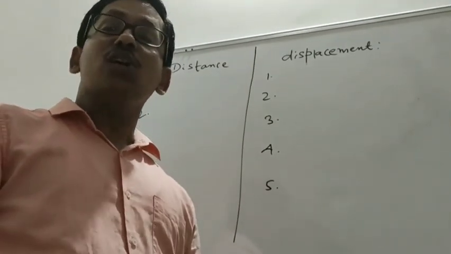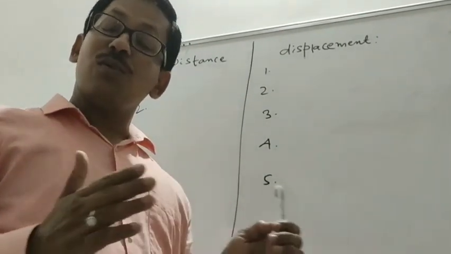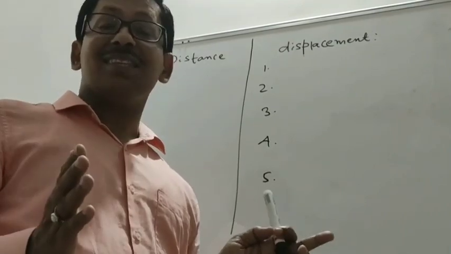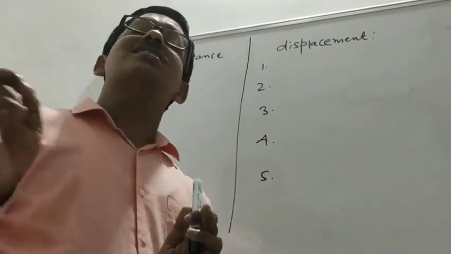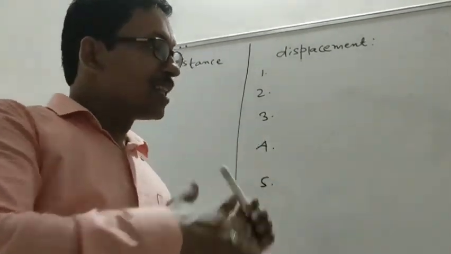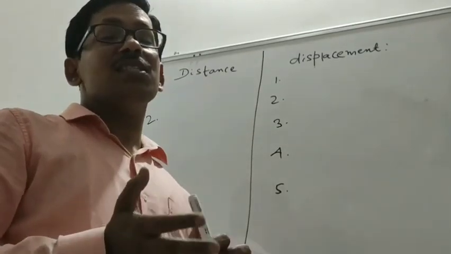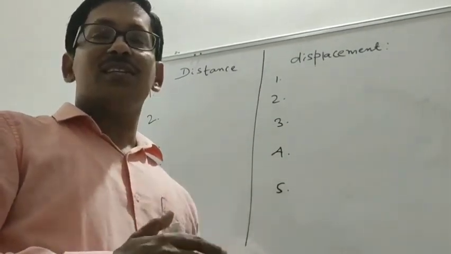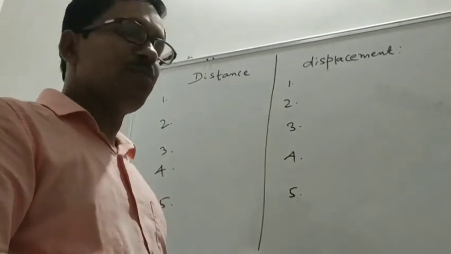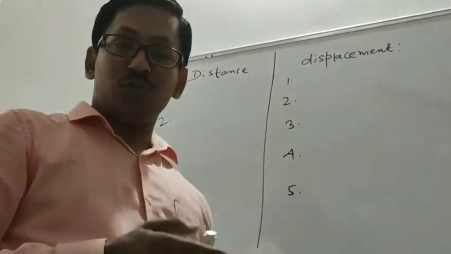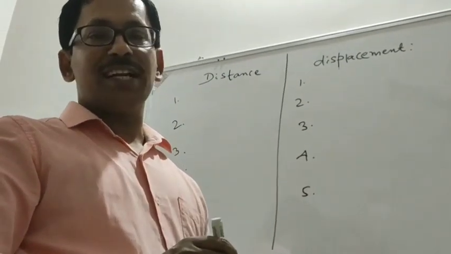Equal to, under what condition it will be equal to? There is only one condition. When the body moves in a straight line path, the magnitude of displacement is equal to the distance covered. So these are the differences between distance covered and displacement. You may collect more and more points and write up there. I have discussed here 5 points of difference. You may write more. Now let us solve a question to understand.